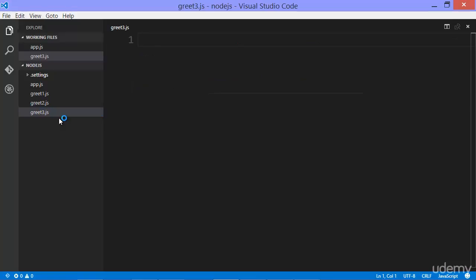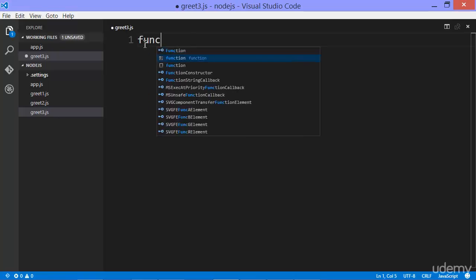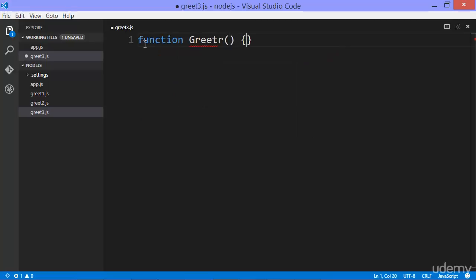For another pattern, let's create another JavaScript file, greet3.js. And this time, instead of replacing exports with a function or attaching a method to the empty object that exports starts its life as, I'll replace exports with my own object. To do that, I'll choose to use a function constructor. There are a number of ways to create objects in JavaScript. The newest version, ES6, adds the class keyword as an option to create objects. There's also something called object.create. I'll just use a regular function constructor, and